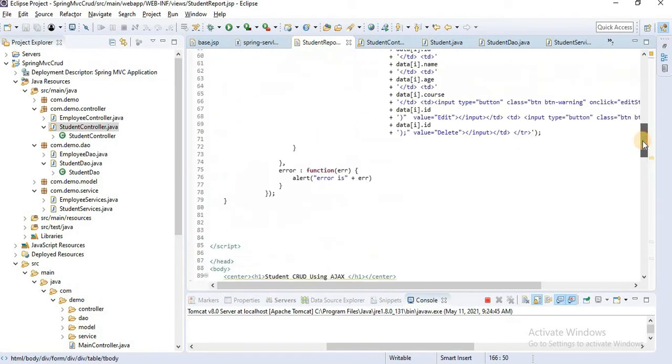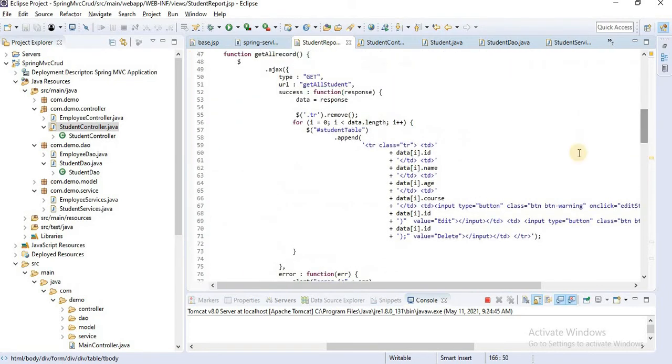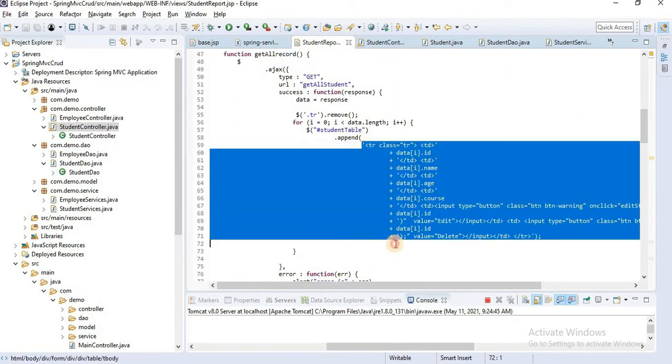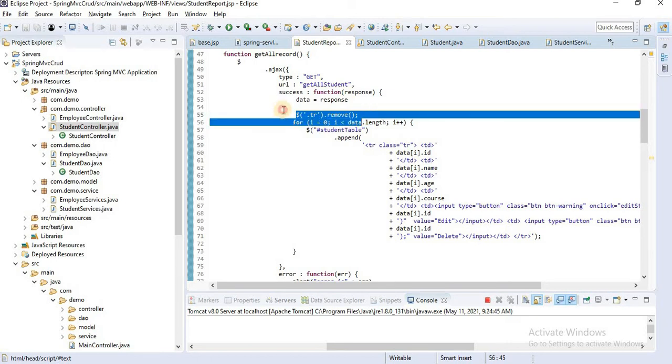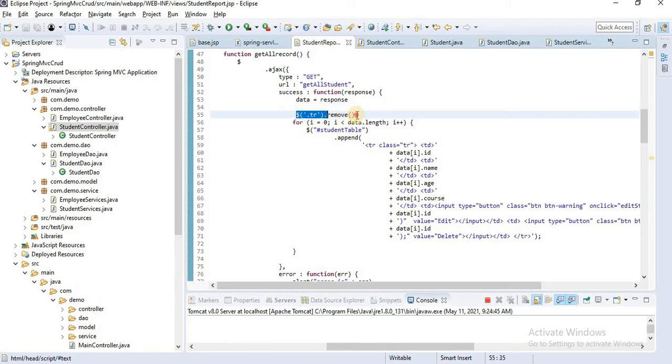That ID we should use here, because we are appending everything in the student table body. First we remove all the existing tr in the body. Whatever tr exists, we first remove those tr. That means whatever rows exist inside the table body, we will remove those rows.